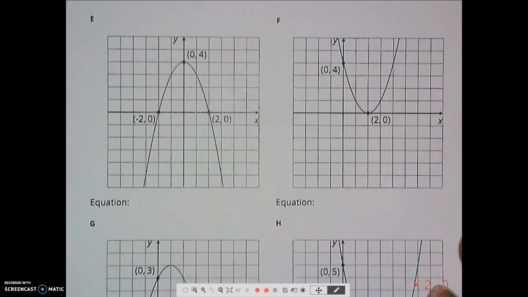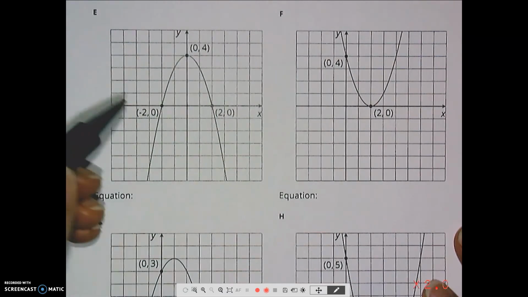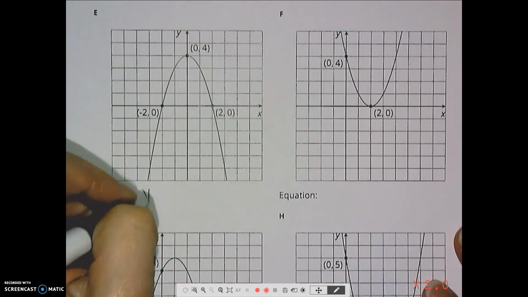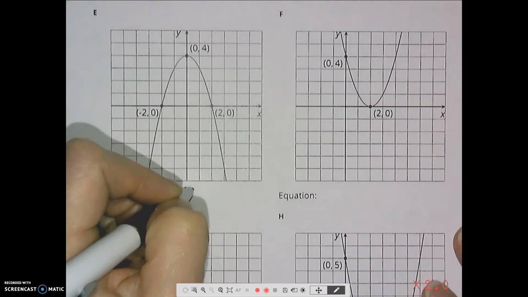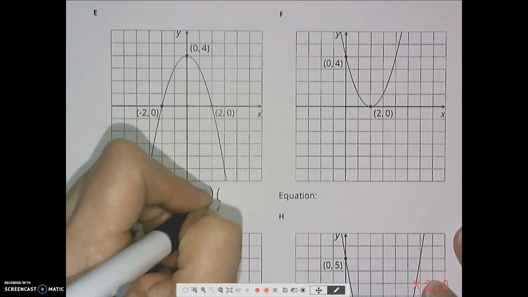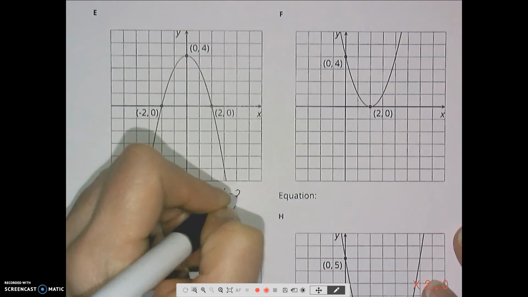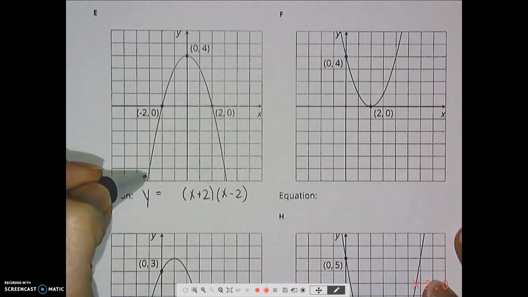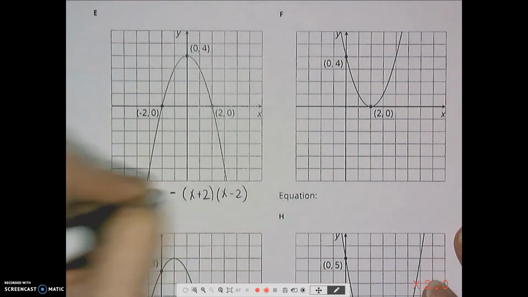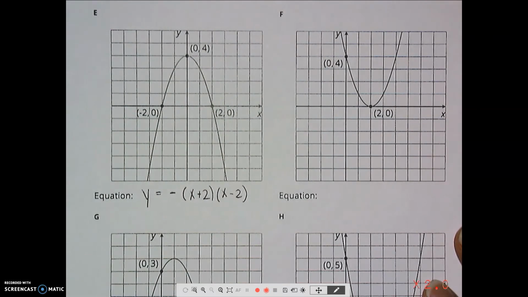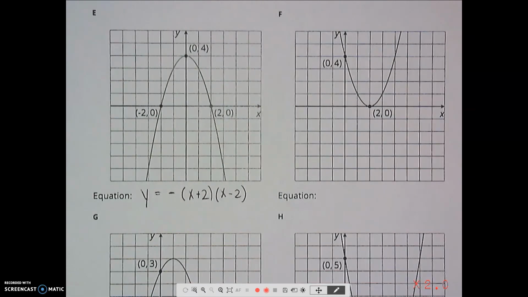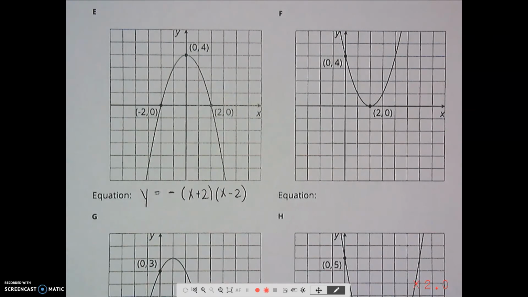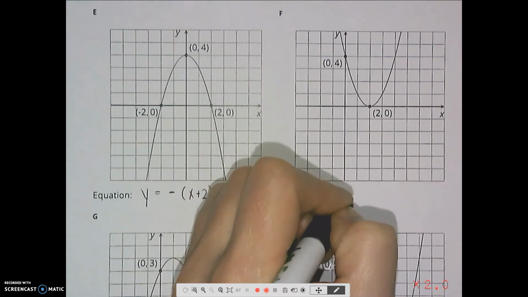All right, so letter E. Now we notice that this one does cross at -2, which would give us a +2, and +2, which would give us a -2 in our parentheses. But it's facing down, so what does that mean about this? That means that we need a negative out front. Okay, so it's facing down, it definitely needs a negative out front. And you could check those again in Desmos. All right, on this one,